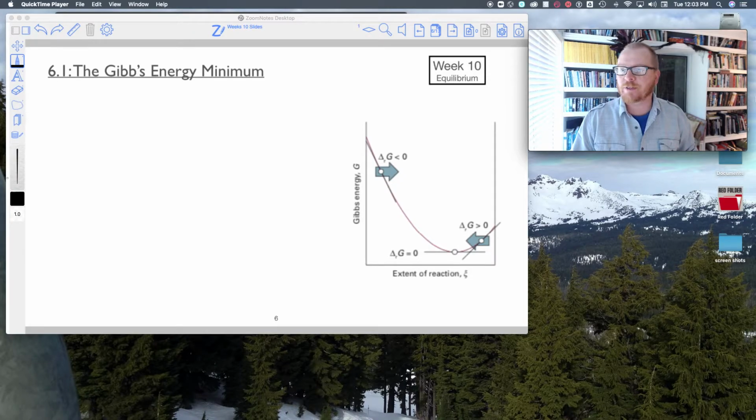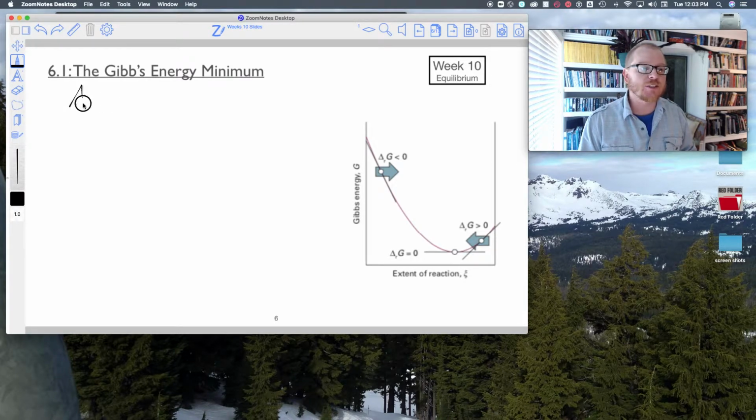So again, in a previous semester, I would have spent a lot more time on equilibrium, but it is what it is. C'est la vie. So I just want to talk about some of the more interesting aspects of equilibrium that maybe you haven't talked about in your other classes. I'm going to start by talking about the Gibbs energy minimum,